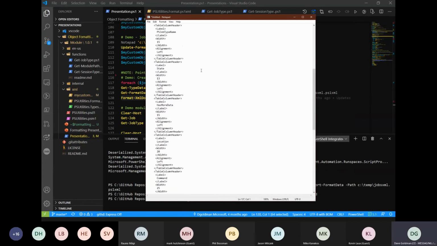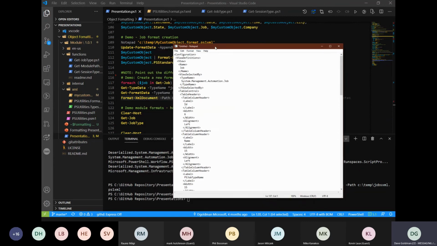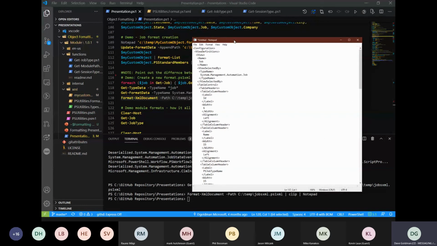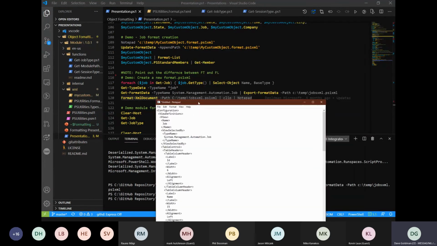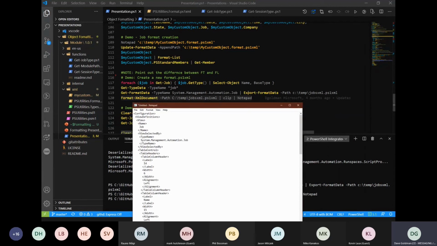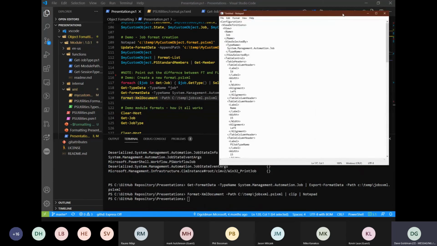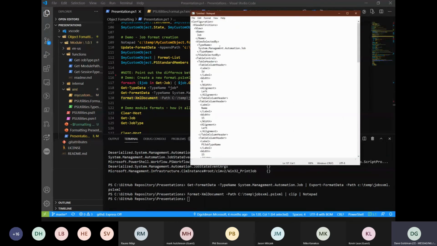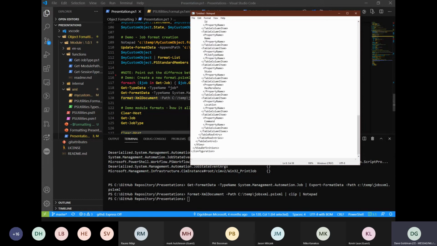You just have to paste it in. So what I did was I just created a template off of the automation job, and this is how I created the job one that I use in production for myself, and I'll show that to you. But you just run the get format data, and then you just pipe that, and there's your object. You're never touching the original one. You can now go and change the type name, and you can change the column width headers, and you now have an object that you can work with.